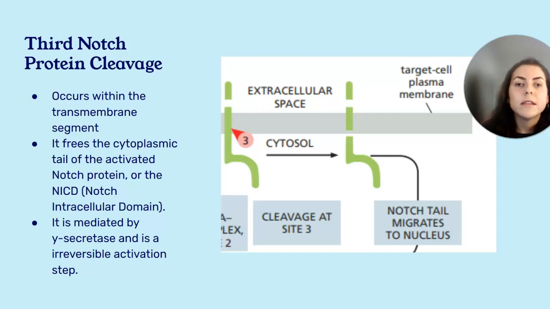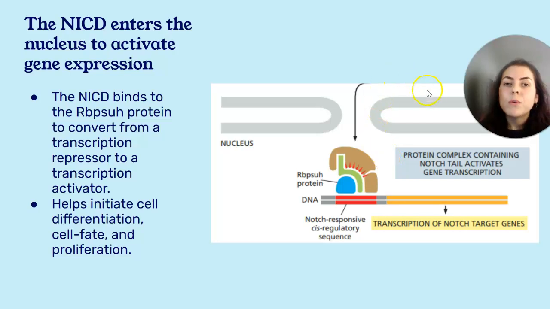After the second Notch protein cleavage, we have the third, again depending on the ligand binding. It's within the transmembrane segment, and it'll free the cytoplasmic tail of the activated Notch protein. Again, it's going to create that NICD, and the enzyme that does that is the gamma secretase, like I talked about. Once it is cleaved right here and makes that domain, it is irreversible. Once it is turned on, the Notch tail will actively go to the nucleus, and it cannot go back into this state. So once you create that NICD from the second and the third cleavage steps due to the ligand binding, it'll bind to this